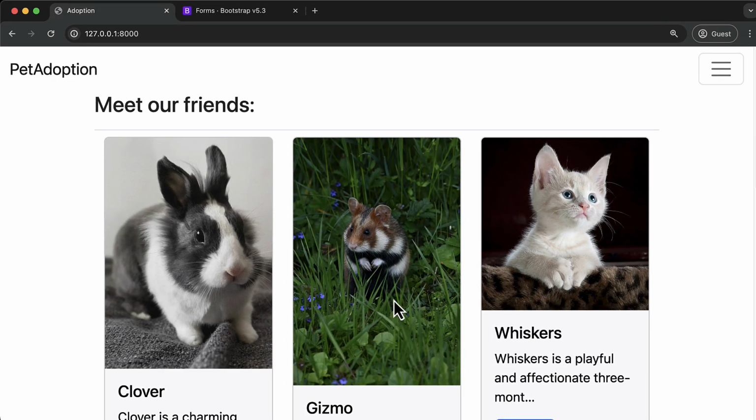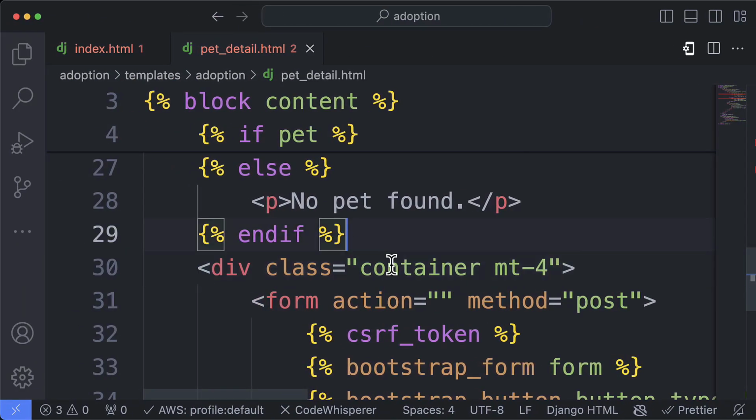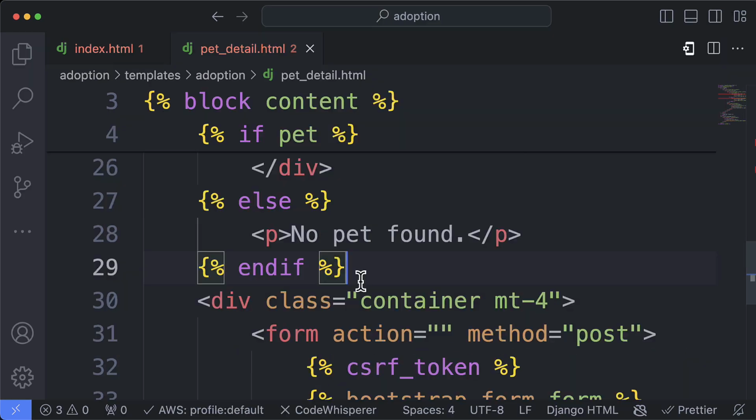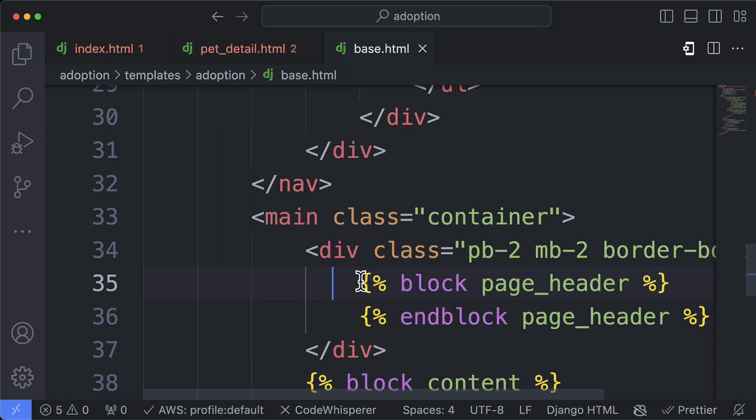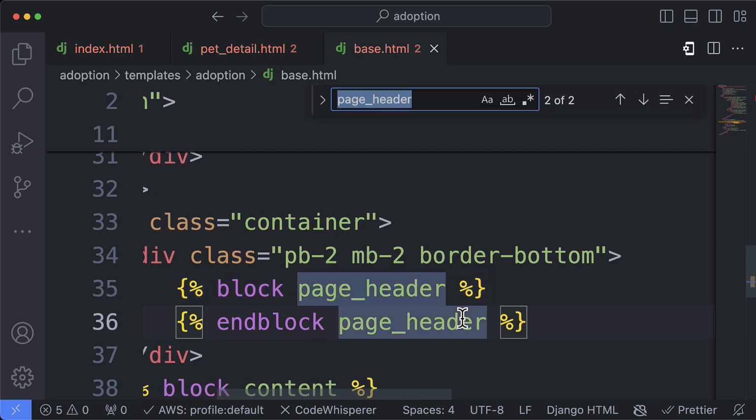All right. Okay, one thing I want to be able to do is click this pet adoption here, and wherever we are, let's say we go to whiskers, and we decided to go back. I want to make it so that when we click on pet adoption, we go back to the index, to show the main page. So all of that is going to be inside of base. So Command P, look for base HTML. And we're going to see where we have, Command F, let's say